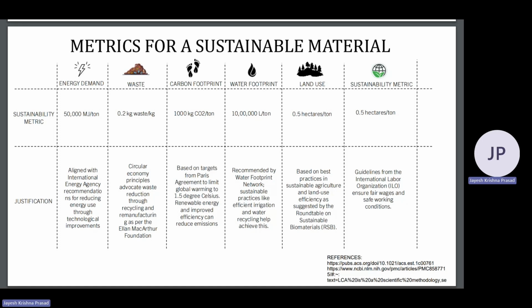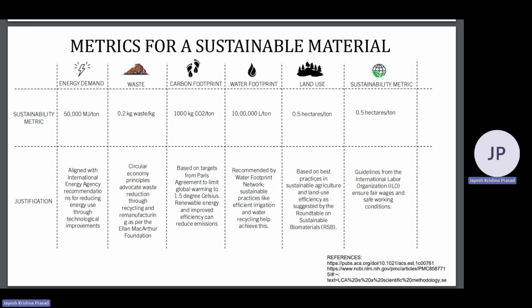Then, carbon footprint. The goal is to limit emissions to 1000 kg of CO2 per ton of material. This target is based on the commitments outlined in the Paris Agreement, which aims to limit global warming to 1.5 degrees Celsius. By focusing on materials that meet this carbon footprint metric, we can contribute to global efforts in